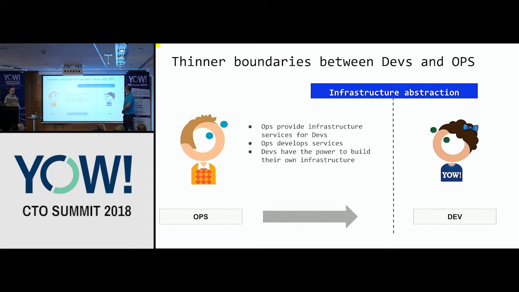And because it's something a bit different, the role of the ops and the dev will be a bit different too. Previously, the ops was just able to set up some servers and so on. Now the role of the ops will be to provide the devs a way to get by themselves the kind of resources that they will need.